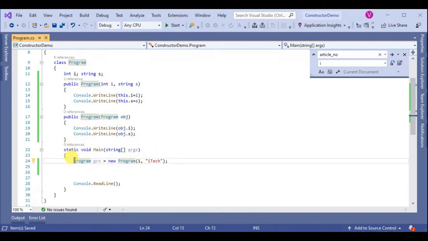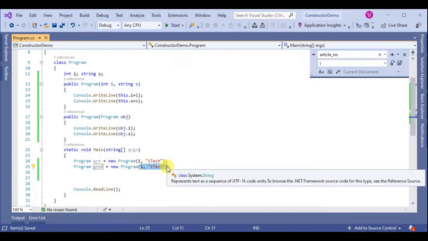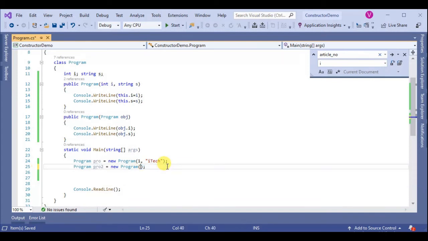Now we create one more instance of the Program class, and the first instance we pass as a parameter in the second instance. Save and run.